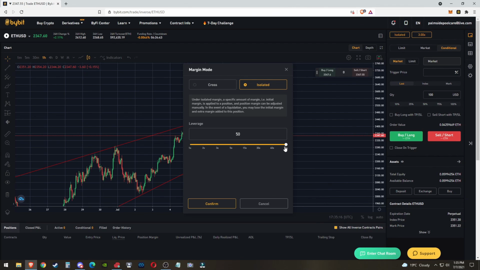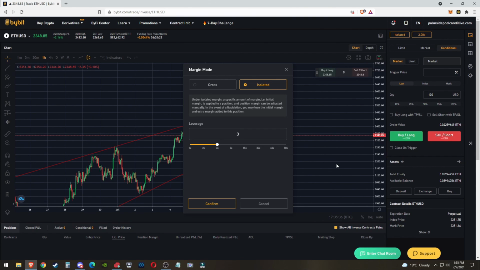And to push it to 50x means that you are 100% sure that it is going nowhere but up, and it's not going to have any kind of pullback. It's just a crazy number to play with. For beginners, I would say nothing over 3x